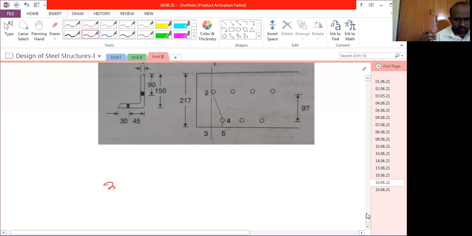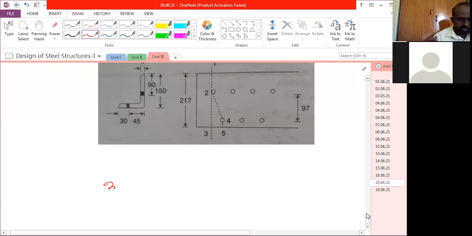If you selected the section, then you have to check the yielding capacity, then check the rupture capacity, as well as calculate the number of bolts required. Finally, you provide this number of bolts, and this section can be adopted. The checks must be satisfied according to the load. This is the concept we are going to follow to design a leg angle, so let us quickly do that.